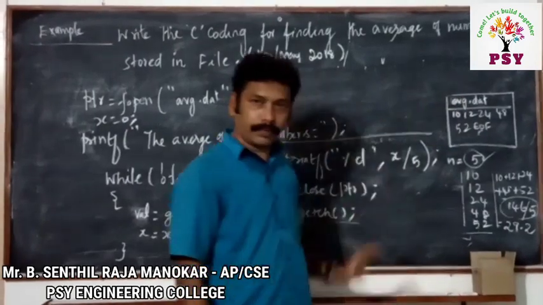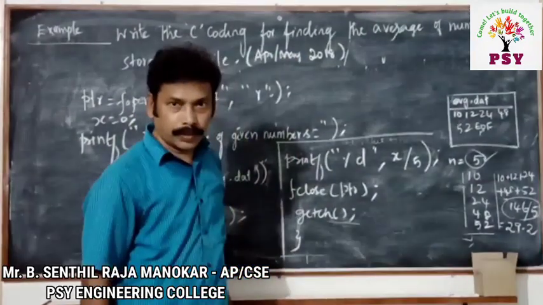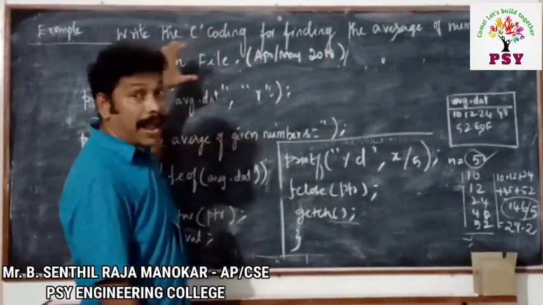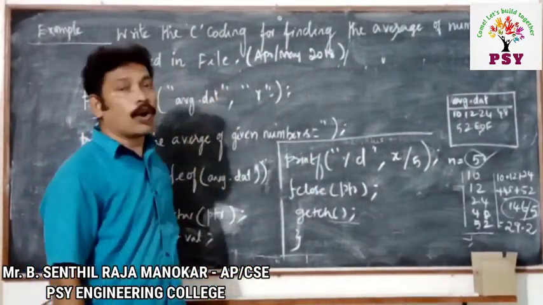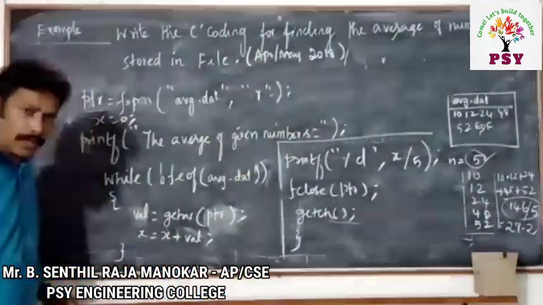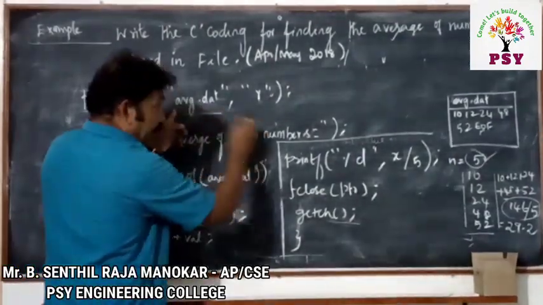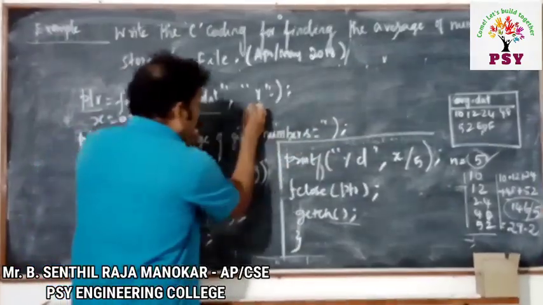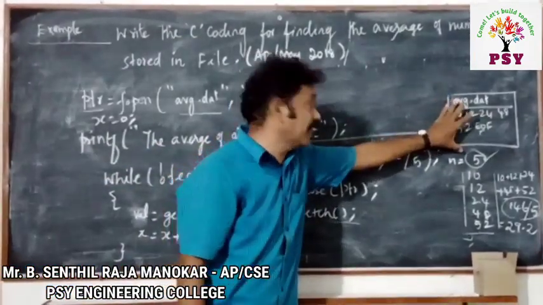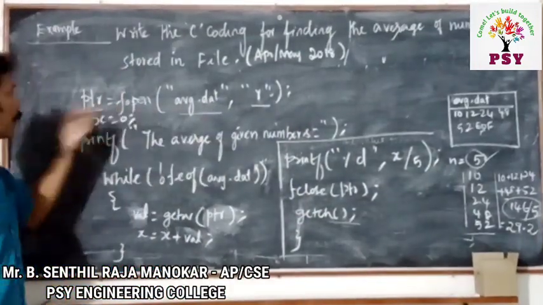Then this is the input. These values are the input for calculating the average. The values we stored into the file, we are going to use for calculating the average. For that, we have to open this file again. For that, I must use the file pointer ptr is equal to fopen, with the same file name avg.dat and the mode is read mode. What we have stored here, we are going to read one by one through this file operation.